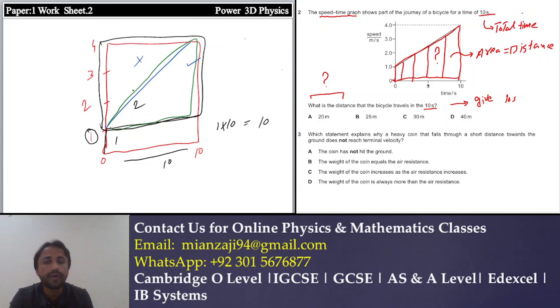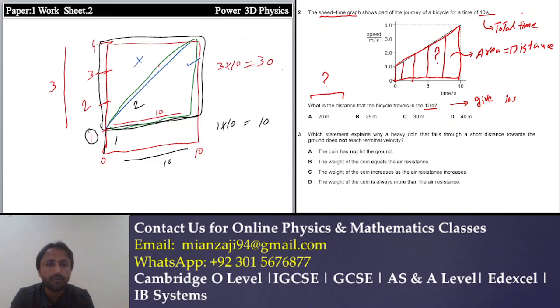First of all, we will find the area of this rectangle and then we will half the area of this rectangle. How? Its one side is how much? Its one side is 1, 2 and 3. It means this side is 3 and this one side is again 10. This is again 10. So its area is 3 multiplied by 10 is equal to 30.